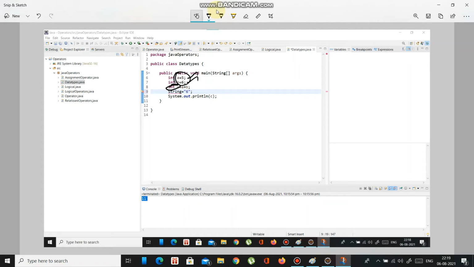Okay, not like short or not long or not byte, anything. So short, long, byte, they are also data types like integer, predefined. But in this case, string, there is no specific value predefined.